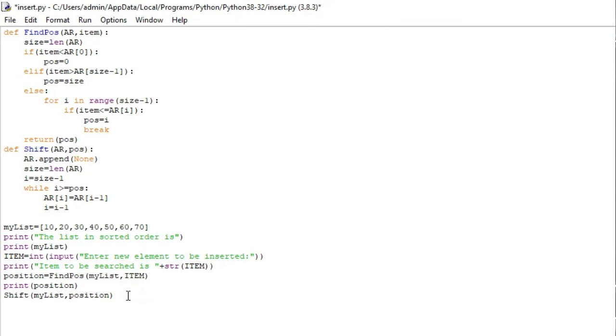Now we can easily insert the new element in this list on the position defined.